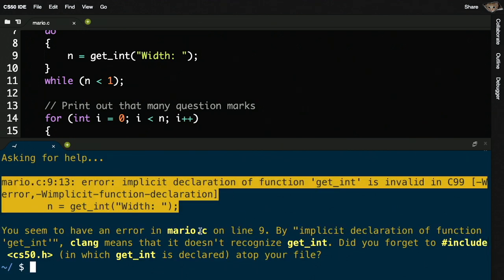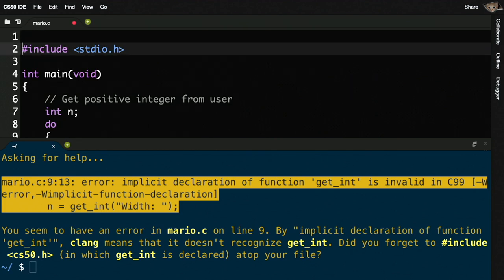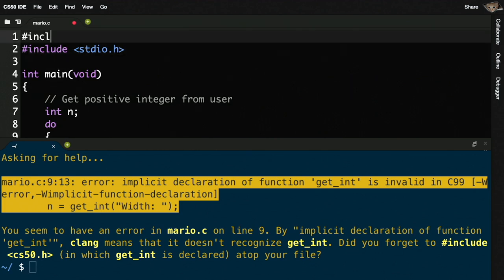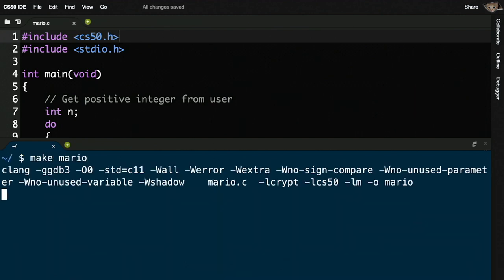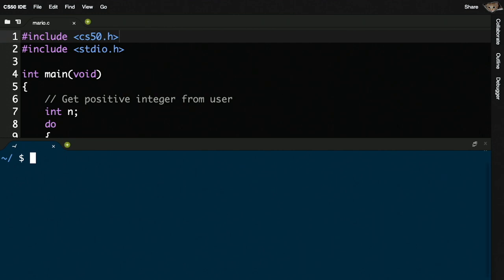By implicit declaration of function get_int, clang, which is the name of the compiler, which we'll see next week, means that it doesn't recognize get_int. Did you forget to include cs50.h, in which get_int is declared atop your file? And indeed, I did. So let me fix this. So include